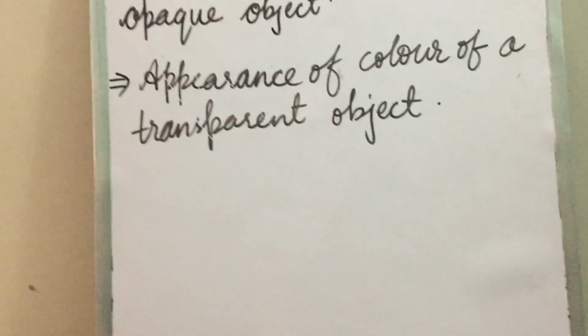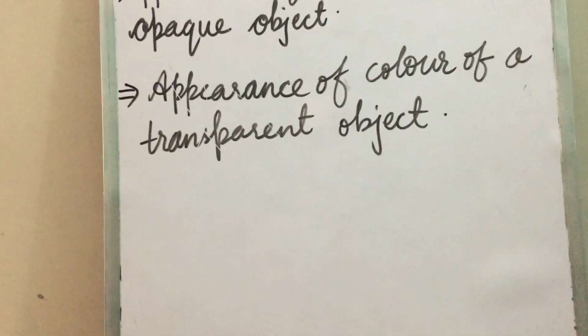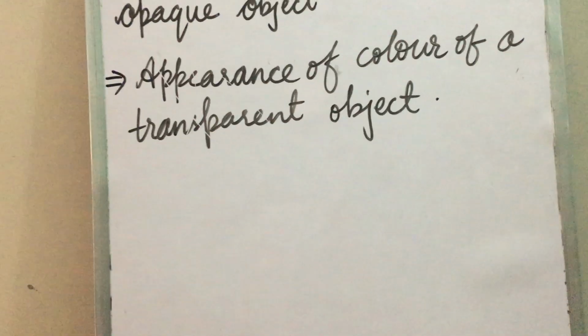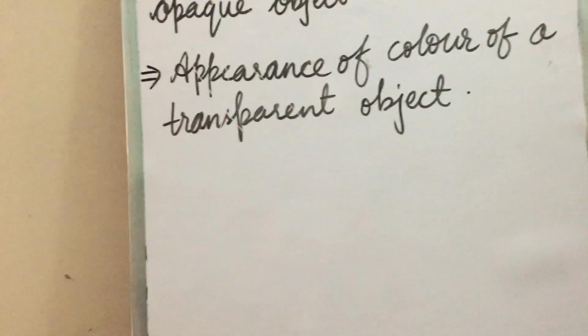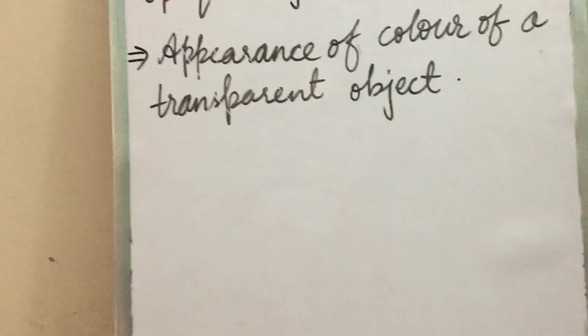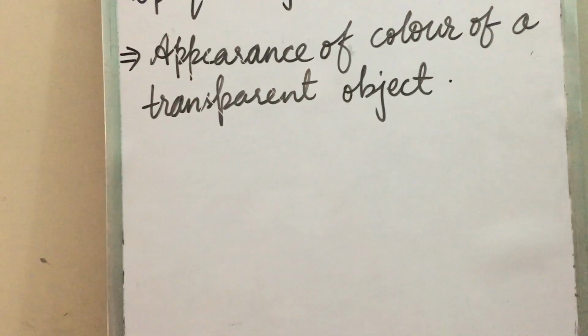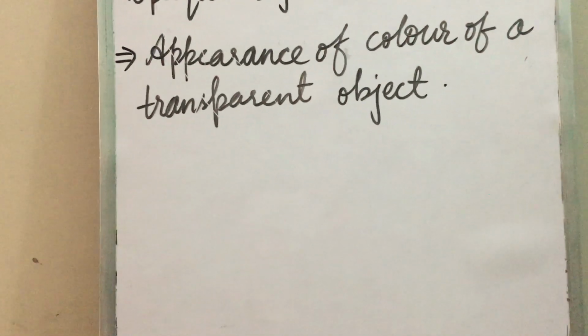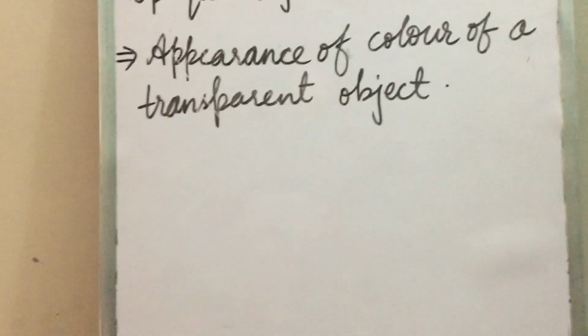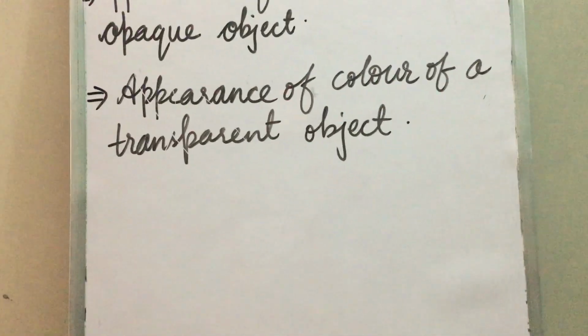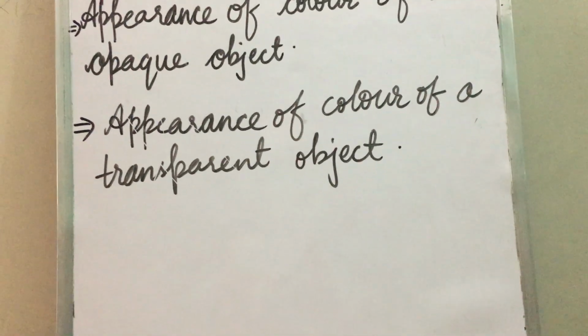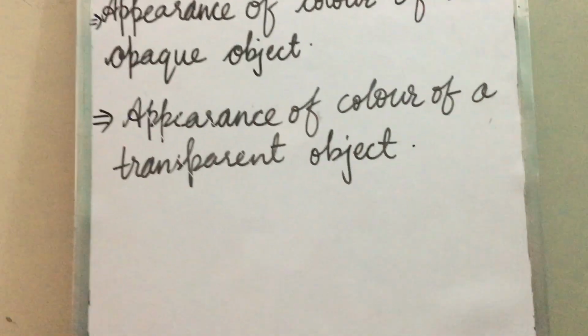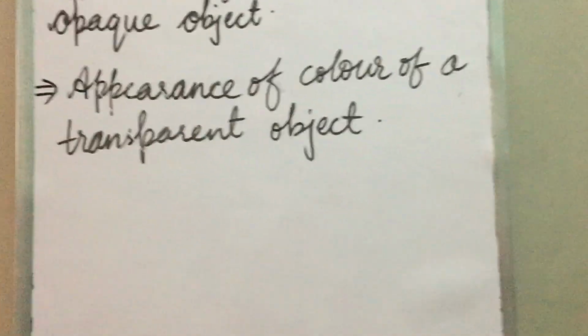Okay. Now second question, what color is obtained when light of red, blue and green colors is incident on a white screen? Which color will you obtain when red, green and blue, all 3 primary colors, get mixed on a white screen? The right answer: the screen appears to be white and bright.